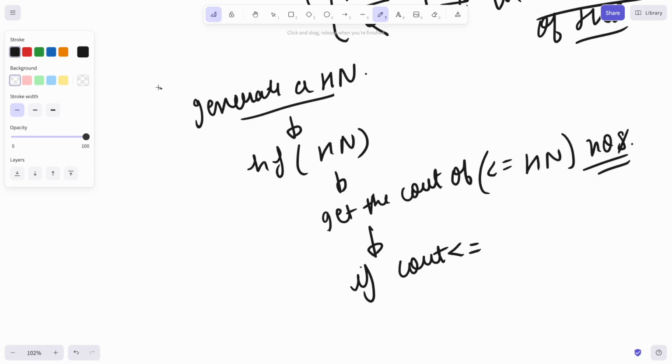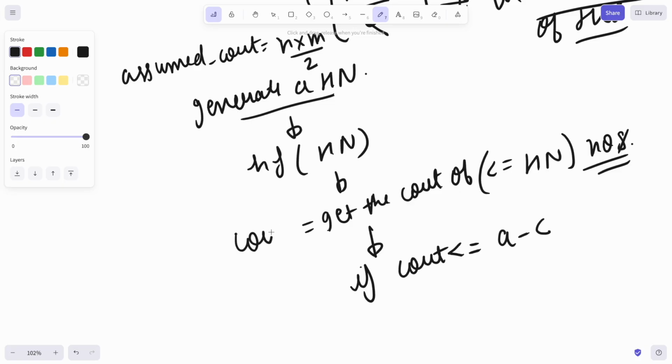The assumed count will always be n into m by 2. Correct. As and when I find a count that is lesser than or equal to my assumed count, I am writing this as AC. If this returns me a count, and that count is lesser than or equal to my assumed count,